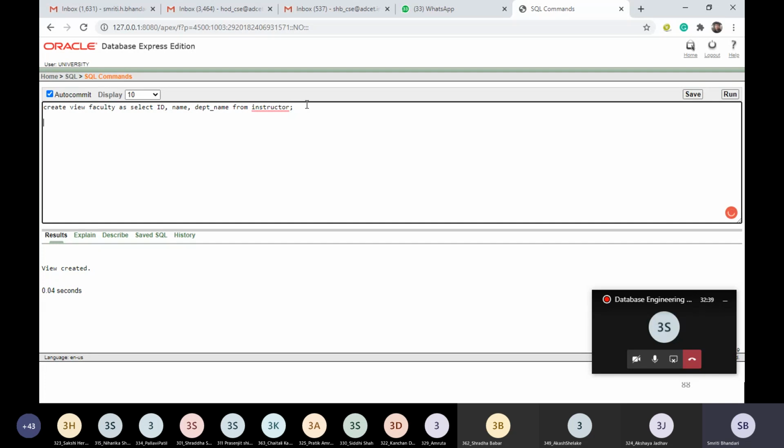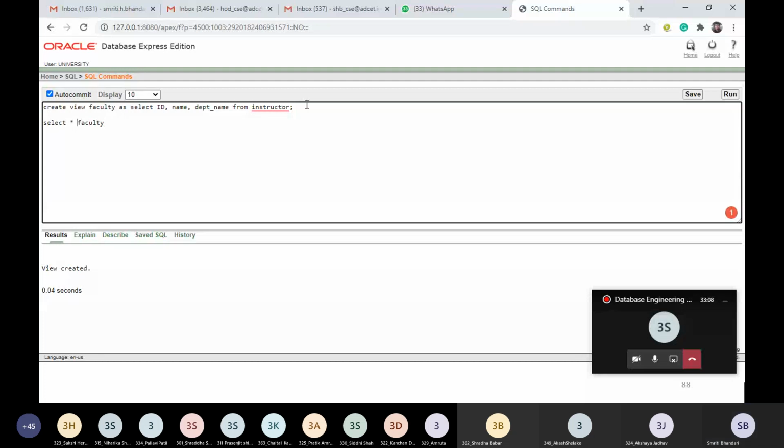Now, as I stated, a view can be treated as good as a relation. So if I want to access that view, I simply make use of the select statement to see the result data from the view.